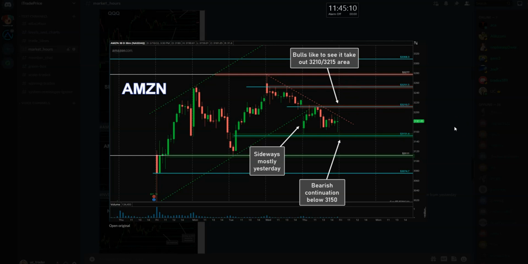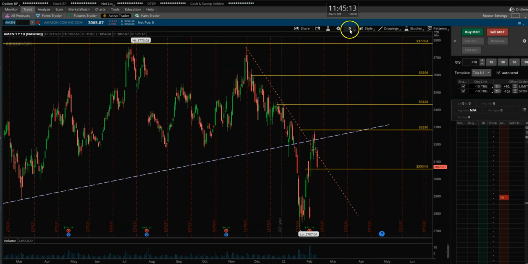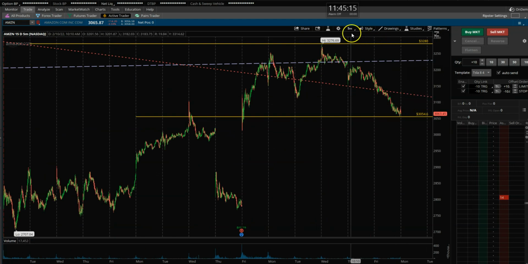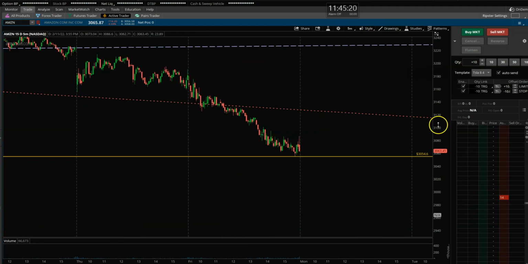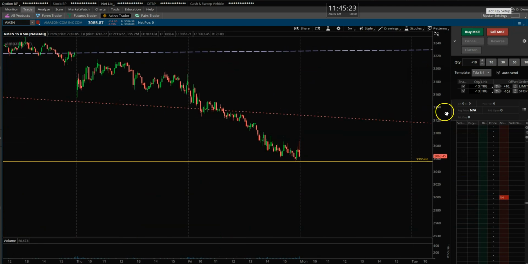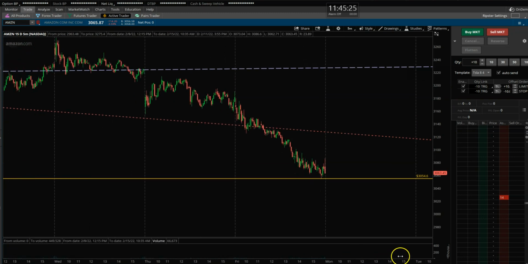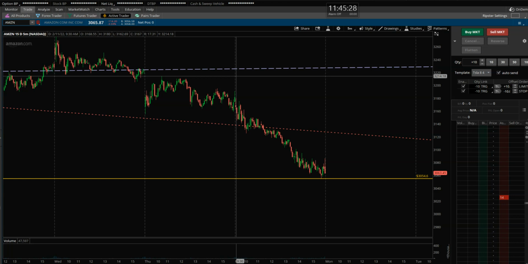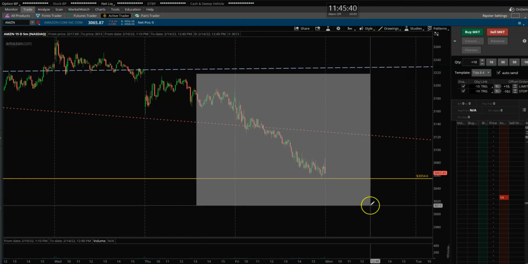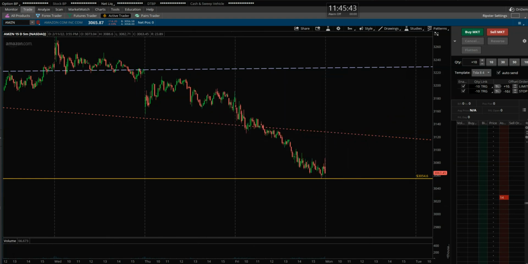Now let's go see how it played out. Okay, Amazon, let's go to the 5-minute chart. Yeah, the 5-minute chart is okay. So 32.15 was the level on the upside that we would want to be slightly bullish or neutral for the intraday, right? It never got there. The stock opened somewhere around 31.80. 32.15 was right here. So there was no reason to be bullish. That's number one. So that means you're looking to short on strength. And if you couldn't even catch that, 31.50 was the level to be totally bearish under, right?